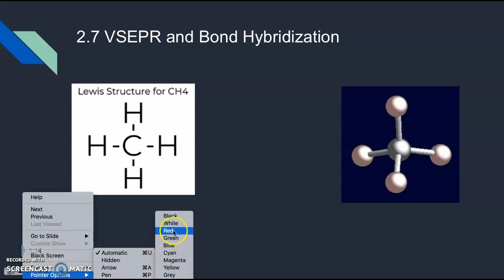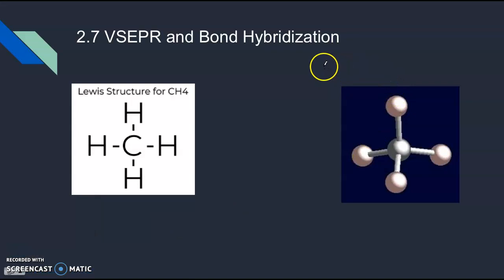Okay, so this shape's called the tetrahedral. The tetrahedral is when you have four atoms bonded to the center atom, and this hybridization is based on